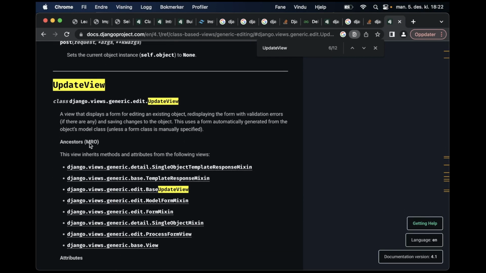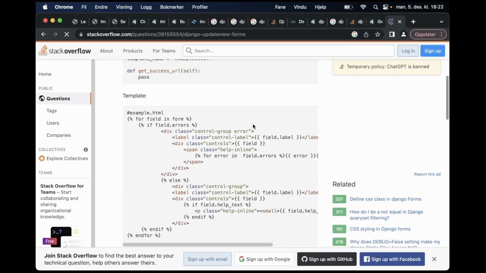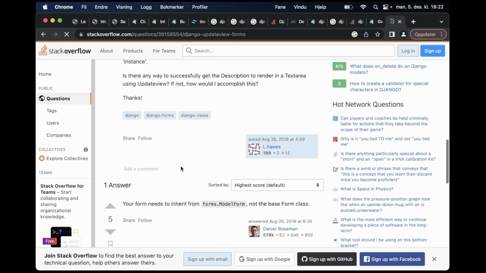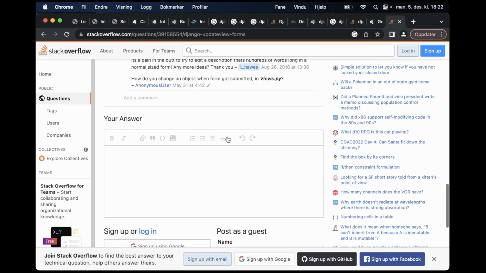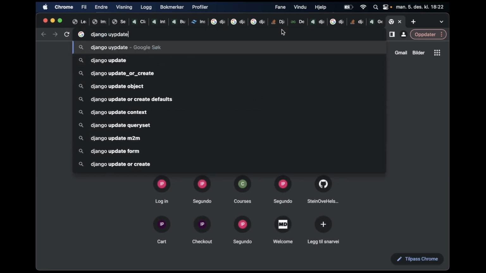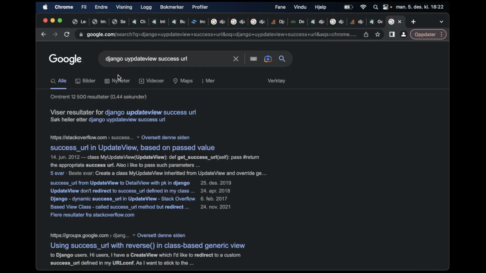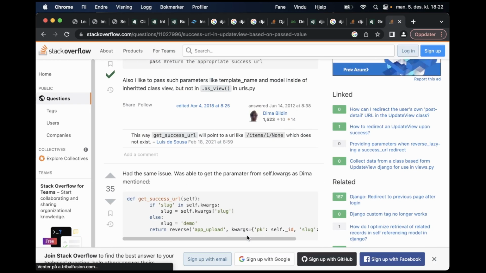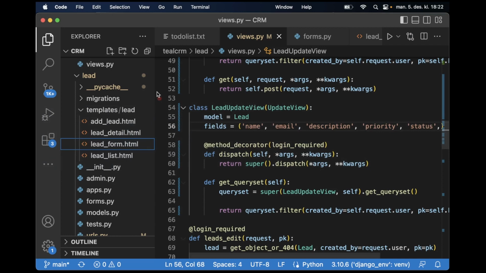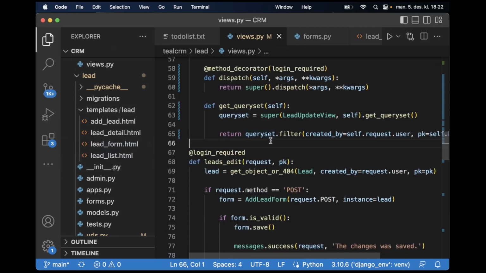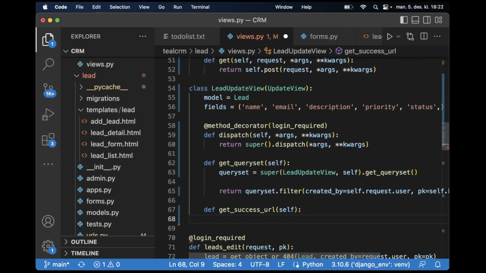So just wanted to see what that is supposed to look like. Get success URL. Django update view success URL. So I need to specify it here, it looks like. So then I scroll down here, def get_success_url, return, and then I just use the reverse_lazy leads list, save,